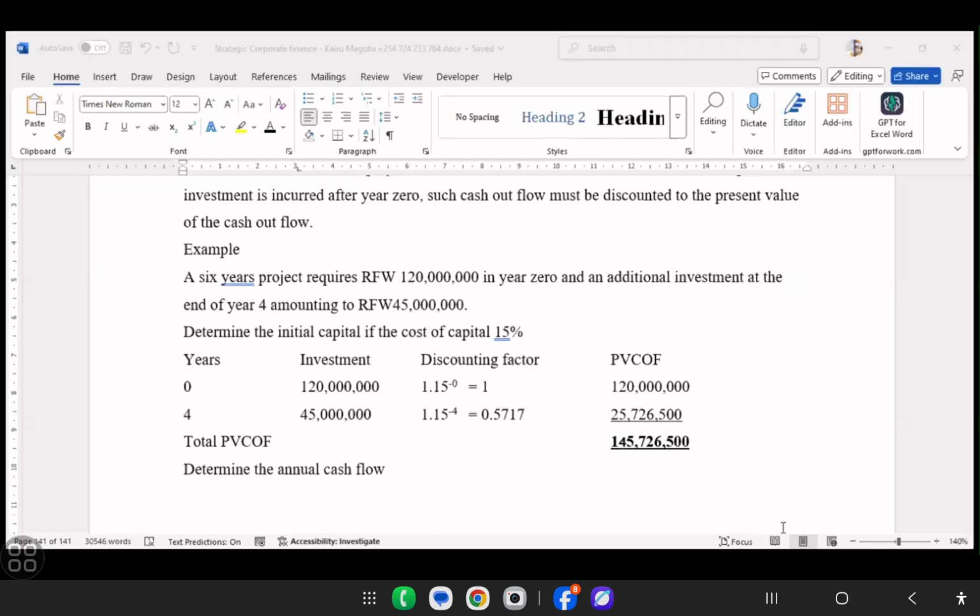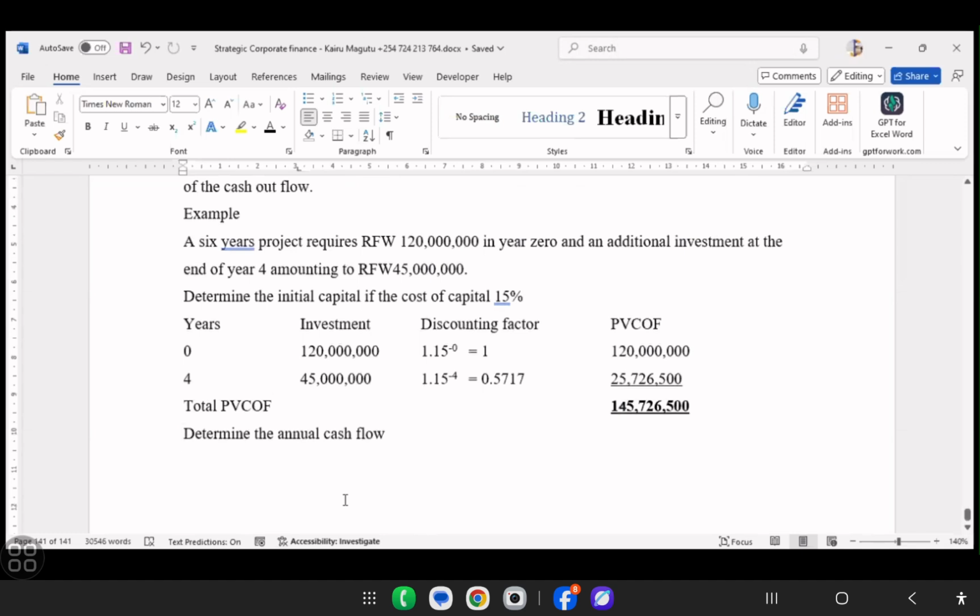Good. We've determined the initial capital outlay. That is very critical when it comes to the project evaluation. Determine the annual cash flows. In determining the annual cash flows, we need to get